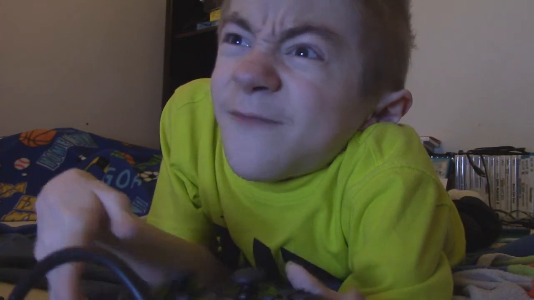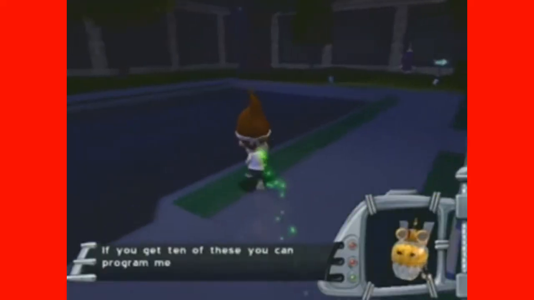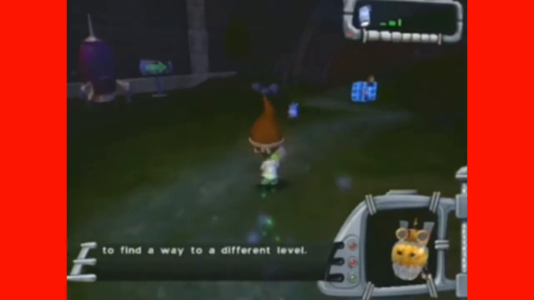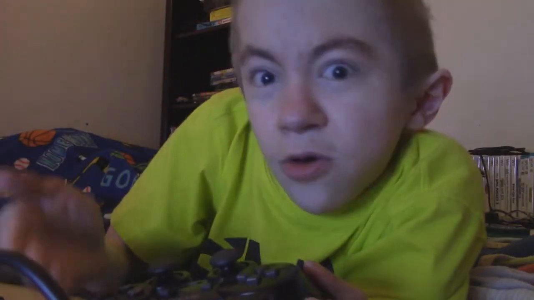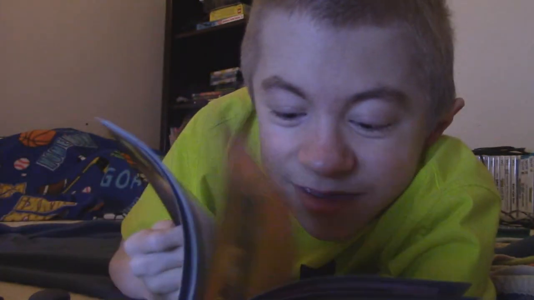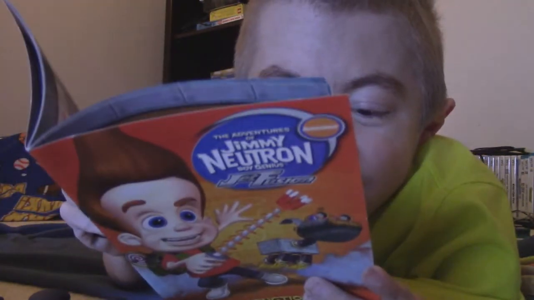Nav chips? You mean those things that let me find the end of the level pad? Hold on, I remember Goddard saying, if you get 10 of these, you can program me to find a way to the end of the level. I mean, he didn't say, program to unlock the next level. In fact, let's read the instruction manual really quick, just to be sure. I mean, it can't be. It can't be. That'll just be stupid. Come on, man. It can't be what he...